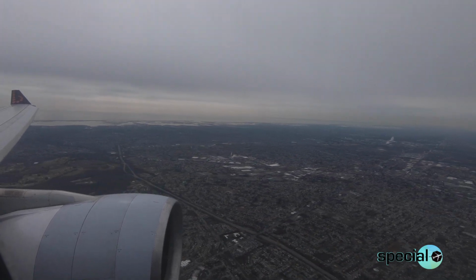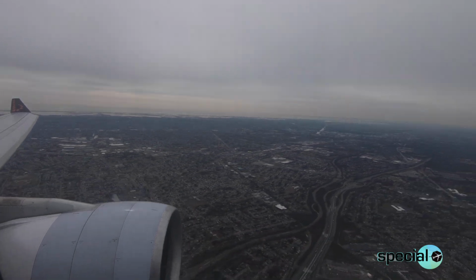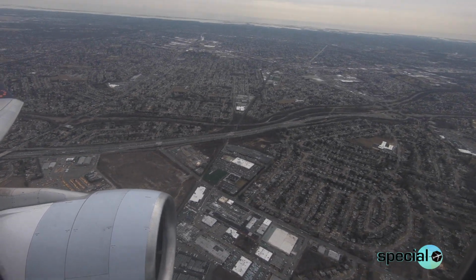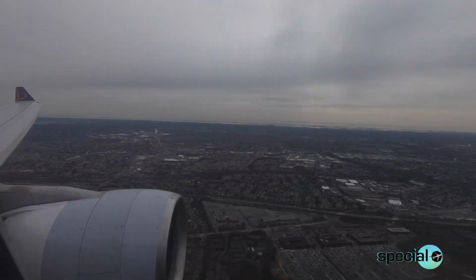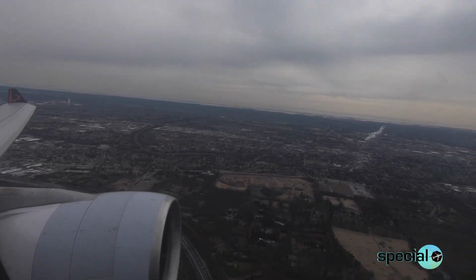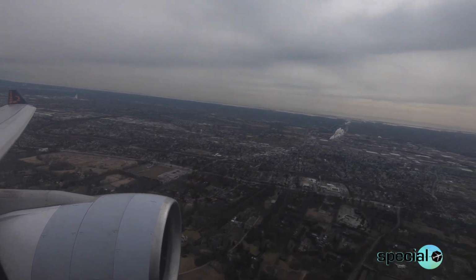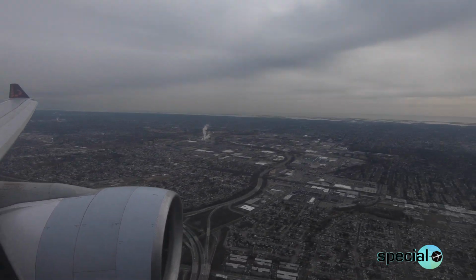Now, overall, the flight was actually pretty good. The cabin crew was very friendly and welcoming. The food on board was, well, it wasn't spectacular. It was eatable. Some of it was actually quite good. Some of it was just standard airplane food, but it was okay. Of course, it helped to have a kind of mini upgrade into the comfort zone of economy, but more on that in just a second,